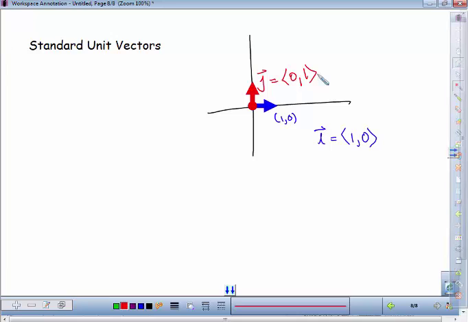Now, this can also live in 3 dimensions, and what's special about these vectors being standard unit vectors is that not only are they unit vectors, but they're perpendicular to each other. So the fact that they're perpendicular to each other is important. And if you're in 2 dimensions like we are in, then there's only 2 vectors that are perpendicular to each other that could be standard unit vectors. If you're in 3 dimensions,